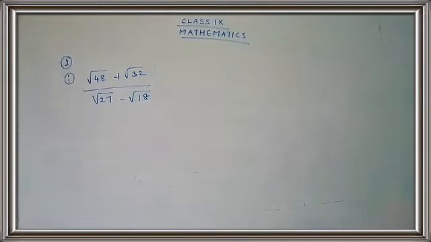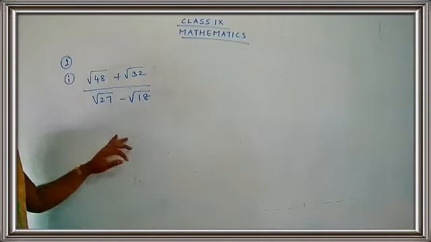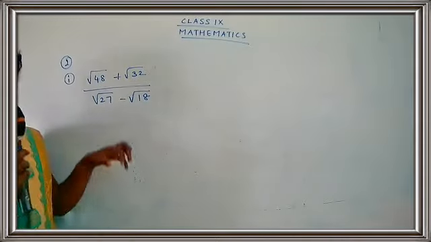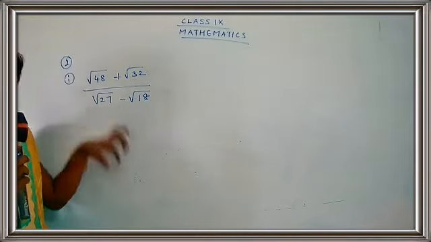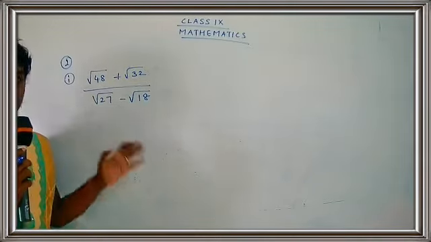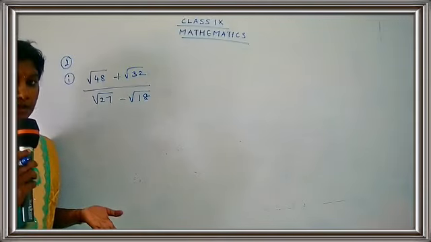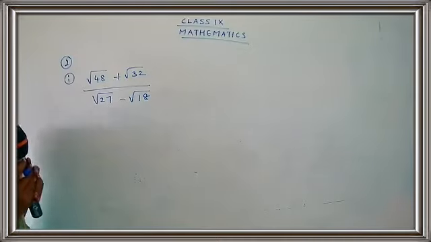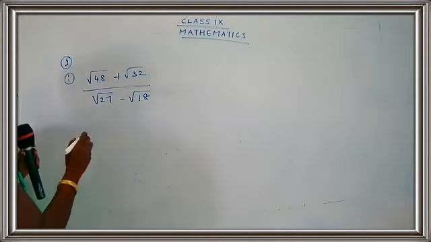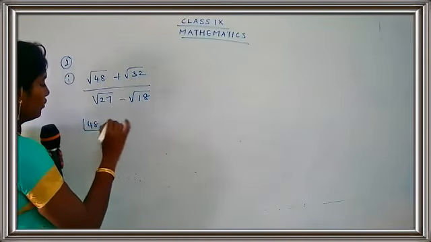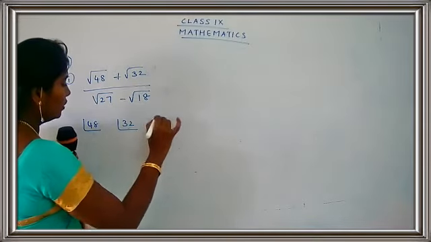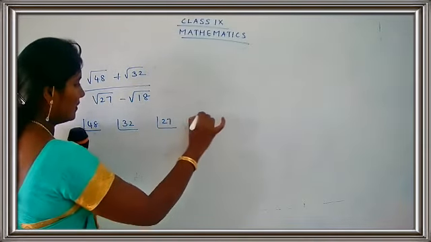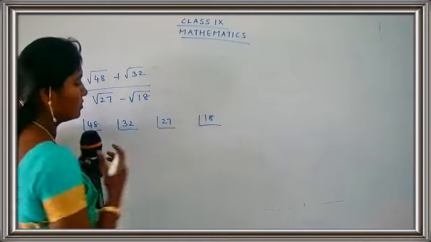So now here we have bigger numbers, so we will not take the conjugate directly. What we are going to do is we are just going to simplify it. We are just going to reduce this. After reducing this, we'll try to take the conjugate and find the rationalizing part. Okay, children? So I want you people to take the factors for every number. You're going to take the factors of 48, of 32, of 27 and also of 18.